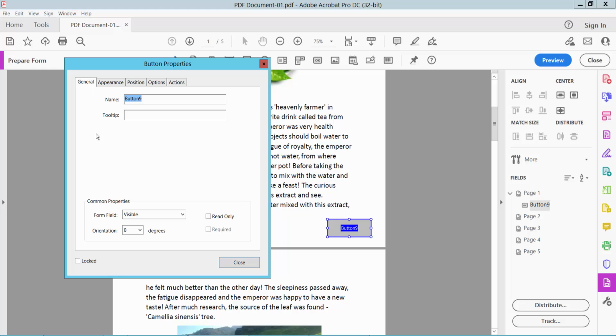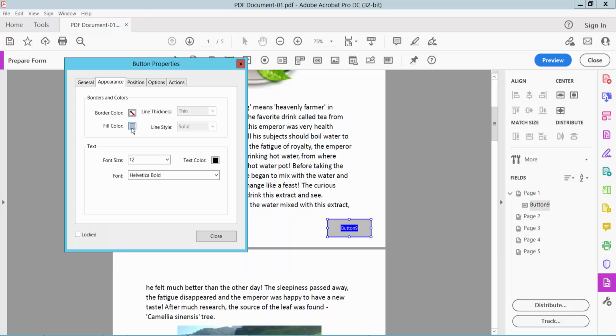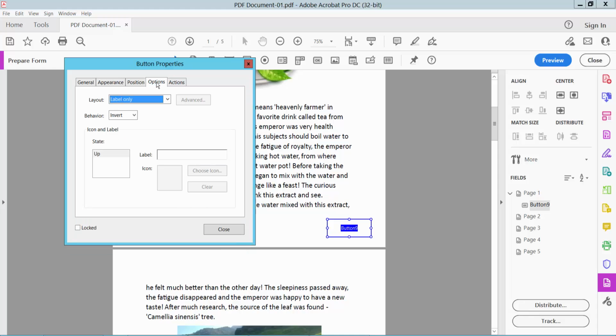As it is the general option, here you can change button name, visible, invisible, read only, and appearance option. Choose a fill color, and font size is auto. Also you can change border color and line thickness. Now select option and type here your name,